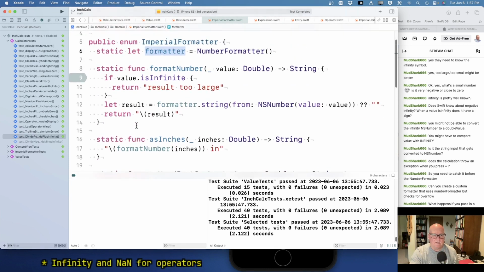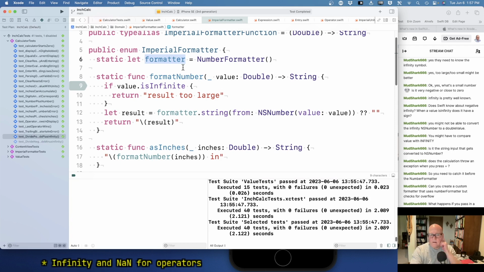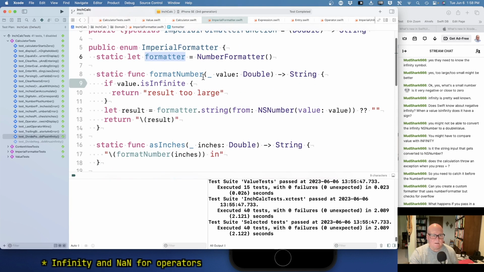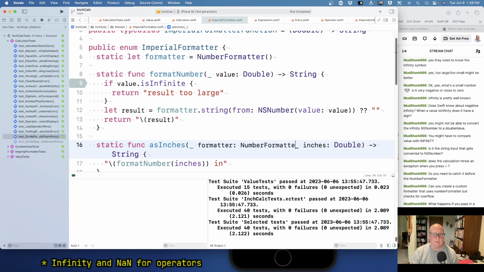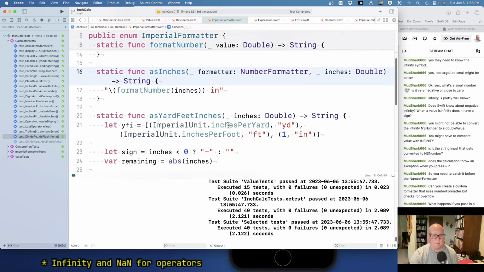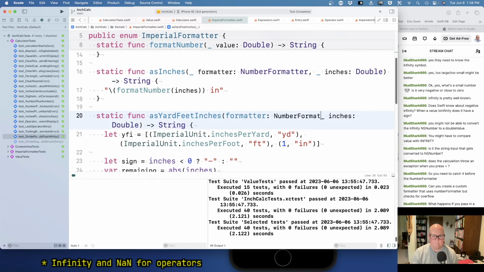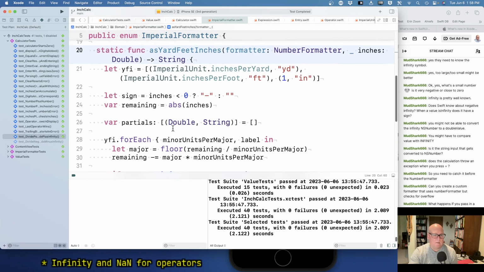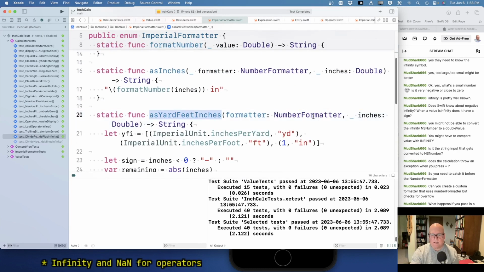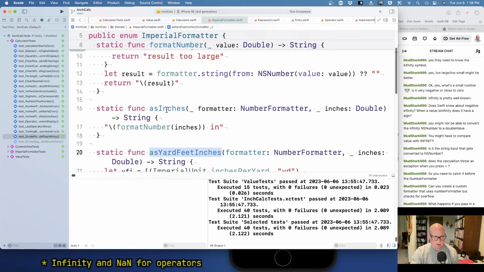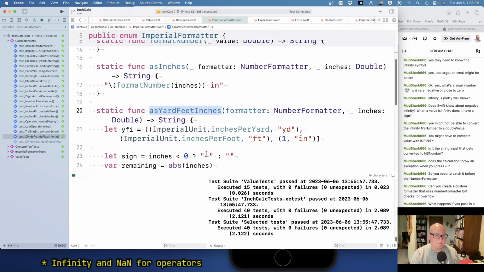Okay, and that's going to come into each of these functions. So let's do formatter is number formatter. Okay, because these functions are supposed to be little standalone functions that get plugged in, and at some point we're going to let you change between as inches, as yard to feet inches, as feet,